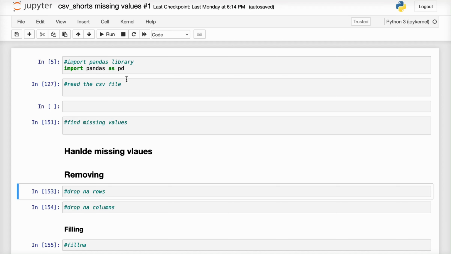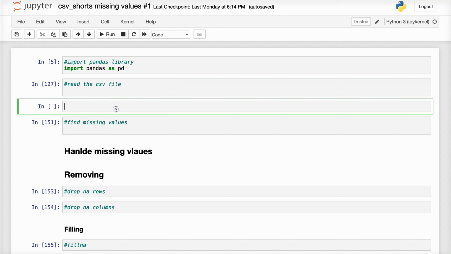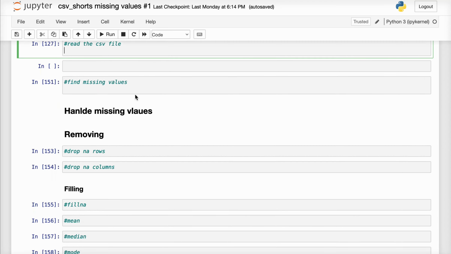Hello, today I'm gonna talk about handling missing values when we are dealing with data. So part of what most people spend their time on when dealing with a lot of data is cleaning it up, finding missing values, and then dealing with those missing values. By dealing, I mean, do you remove these missing values, including the columns or rows, or do you